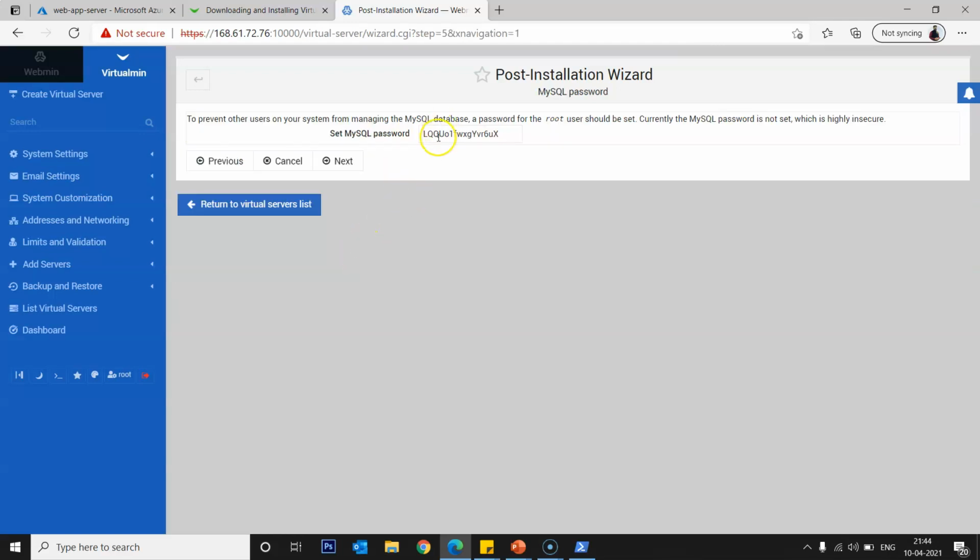So the password of MySQL is this one. You can put your password also. Let me put this password for the time being. You can use any password. If you want to use a default password, you can leave it as default, or you can put your password also. Next.